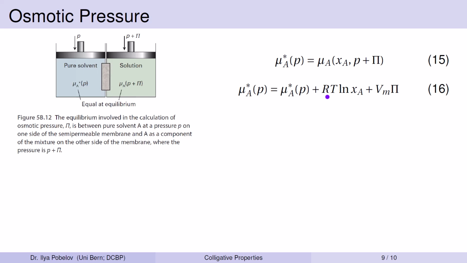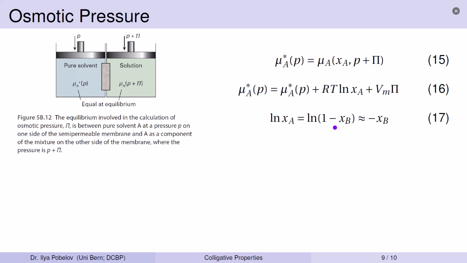In comparison with the pure solvent, the presence of solute reduces the chemical potential of the solvent as given by the term RT times the natural logarithm of XA. On the other hand, the chemical potential of the solvent is raised when there is pressure applied to it. This contribution to the chemical potential is equal to the product of the solvent's molar volume and the additional pressure